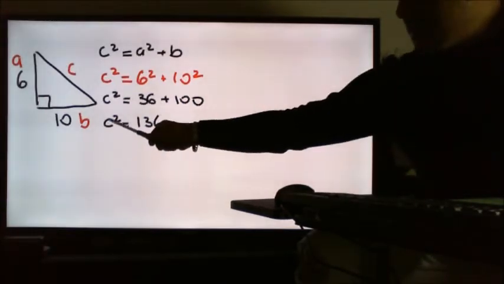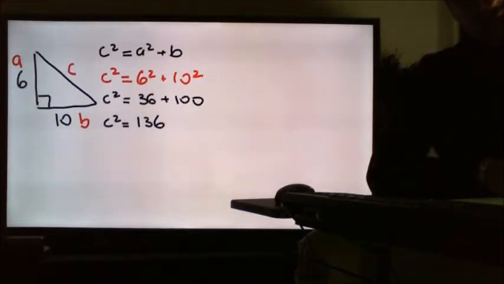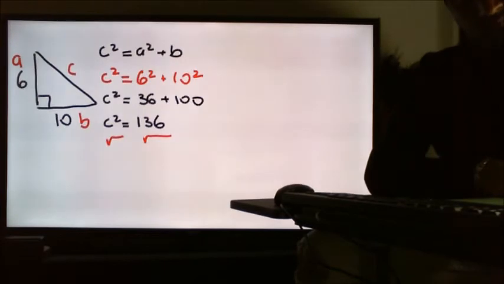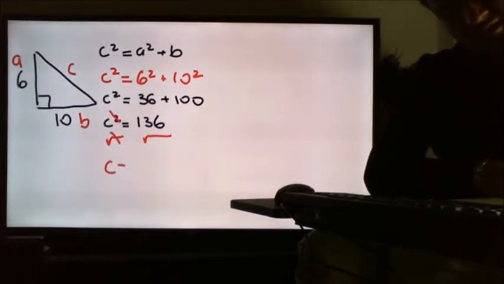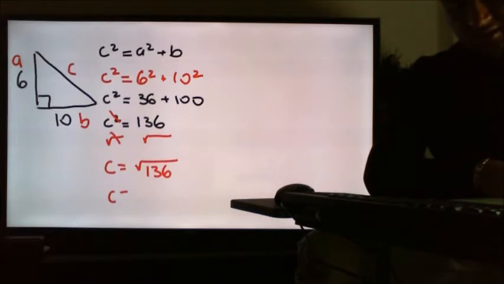Now C is not by itself, it has a squared with it. And the inverse or the opposite of the squared is square root. Now as you would remember, in order to get rid of that squared, I need to square root both sides. And when I square root both sides, that square and that square root cancel out. And I'm left with C equals the square root of 136. Now, to find the answer of this, we can chuck this in the calculator. And we get the answer is C equals